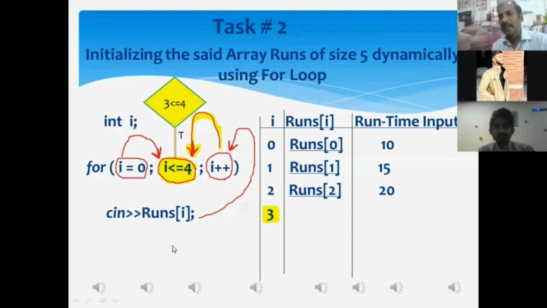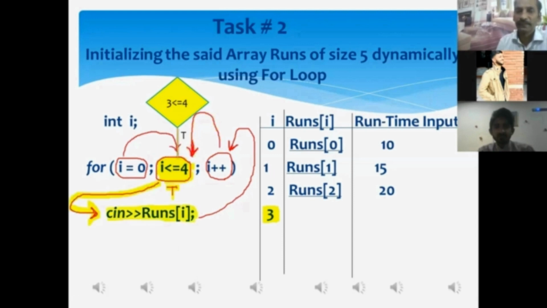Okay, do tell me, after the execution of the current condition statement, the control of execution will be shifted to which statement? Sir, for loop associated statement, sir. That one is the scanf statement. Over here, yes, if you see over there, the scanf statement is under execution.